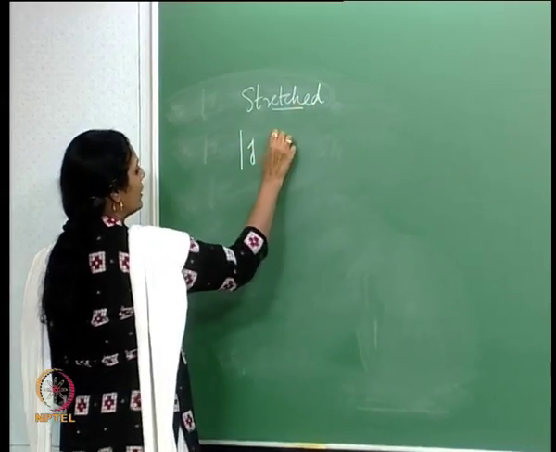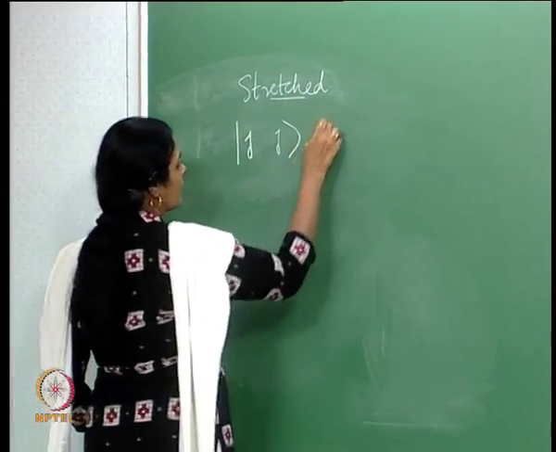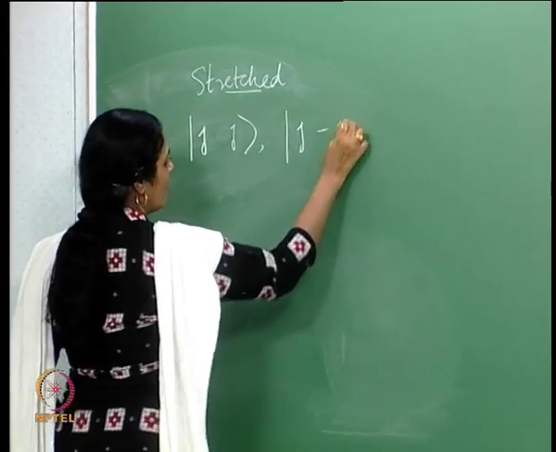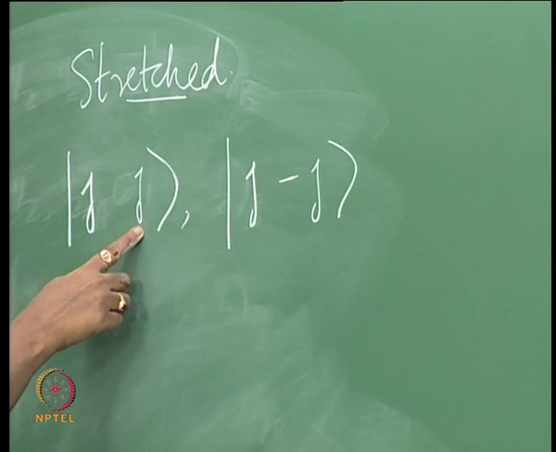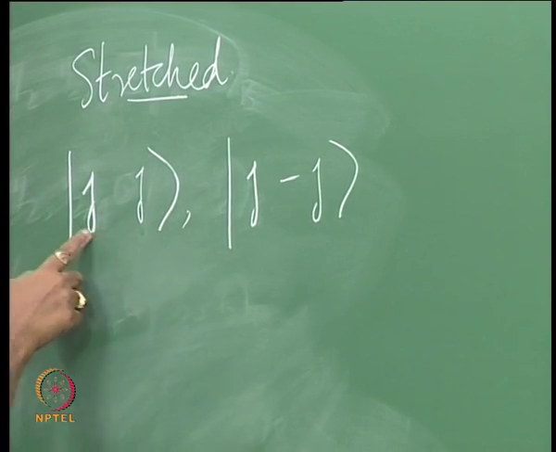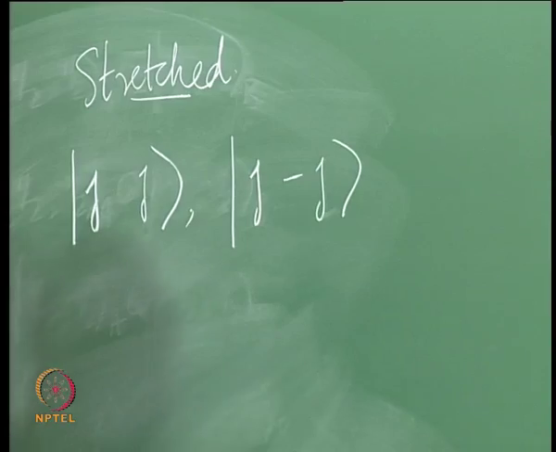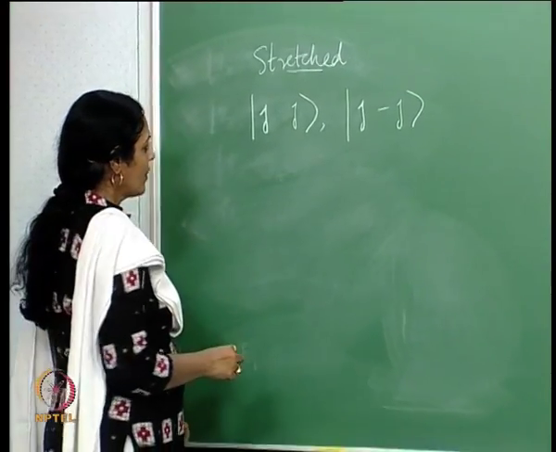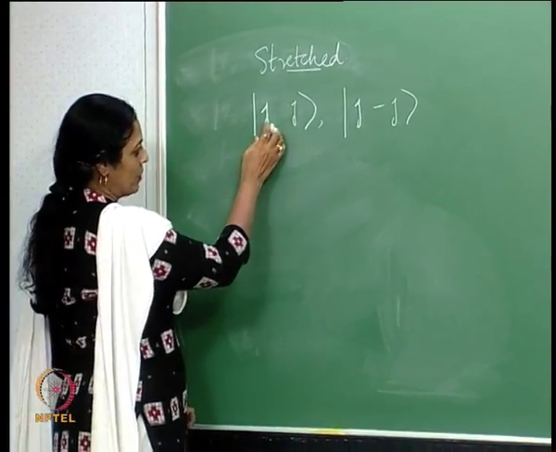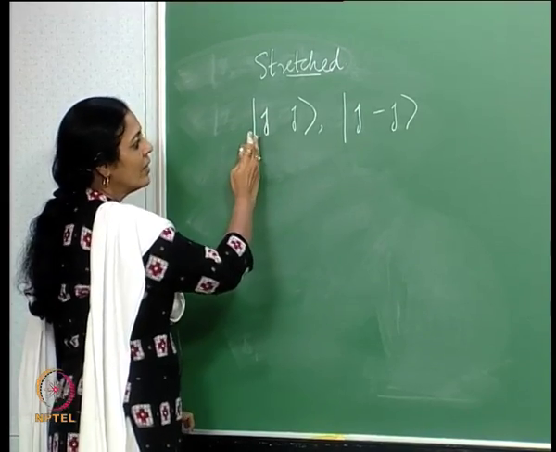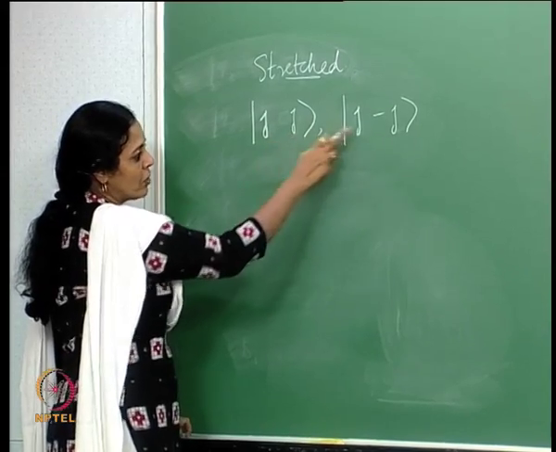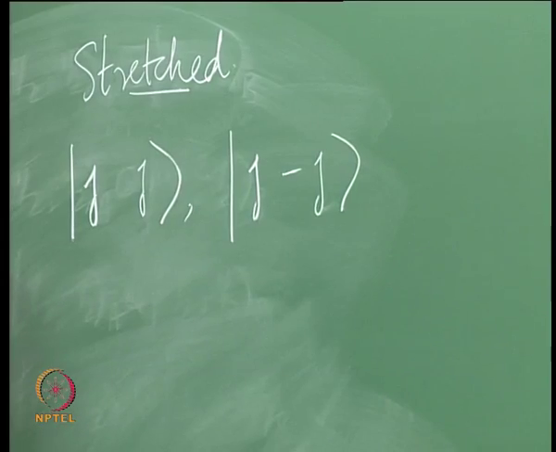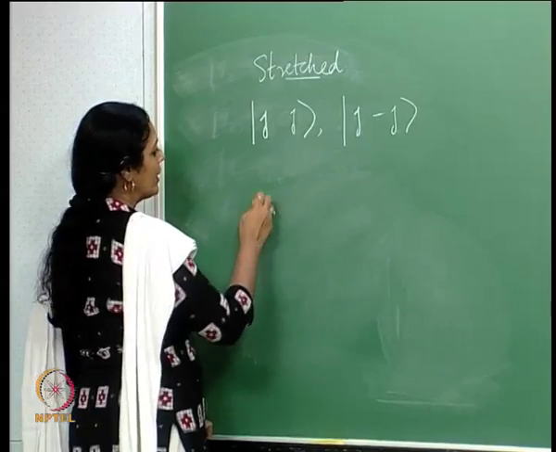When m takes the values little j or minus j, I call them the stretched case. So this is the maximum value that m can take for a given j, and this is the minimum value that m can take for the same j. Remember that a j multiplet for a given value of j has 2j plus 1 states with m ranging from minus j to plus j in steps of 1. And therefore, in my example,